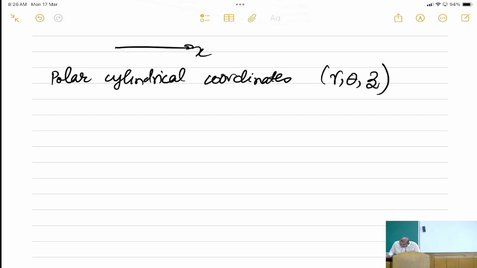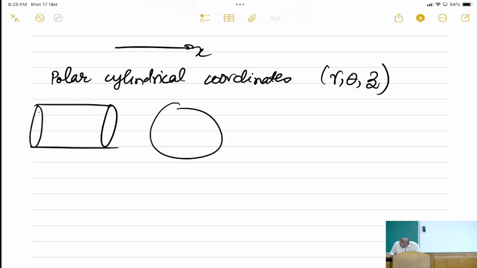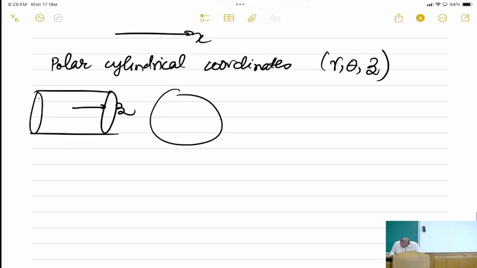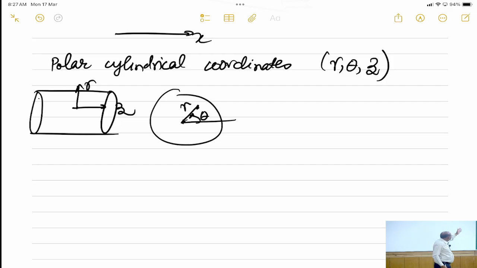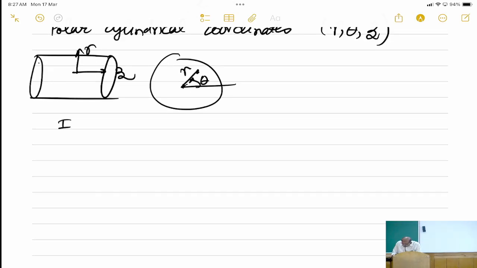So here, of course, we have seen these coordinates, the polar cylindrical coordinates, where things are specified in terms of r, theta and z, not in terms of x, y, z. So here, if flow properties